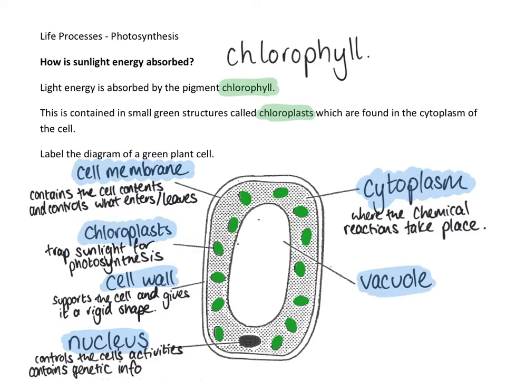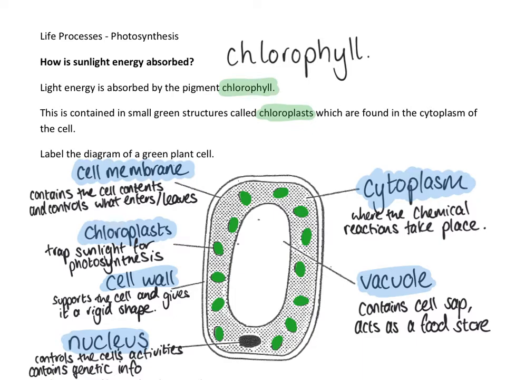And then finally, we have our vacuole. And again, only plant cells have these. And vacuoles are filled with something called cell sap, and they act as a food store for the plant cells. So you can write that function in as well. So that is your plant cell, your typical plant cell, and it's really the cells that we find in leaves,